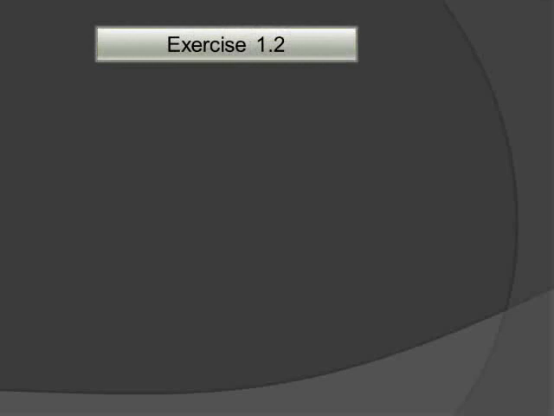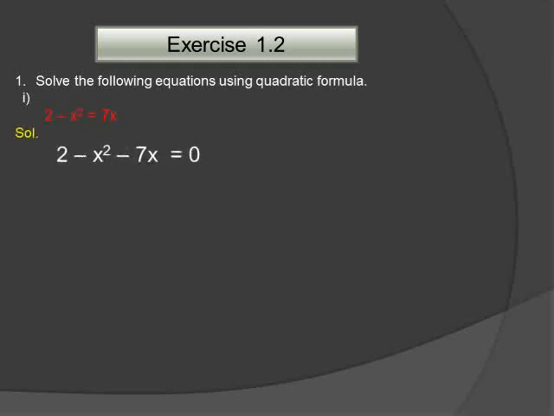In exercise 1.2, we have to solve the question number 1 by using quadratic formula. The equation here is 2 minus x square is equal to 7x. This equation is not in standard form. First of all, we will convert this equation into standard form. For this, we will write all the terms on one side, as we can write 2 minus x square minus 7x is equal to 0. By arranging these terms, we can also write